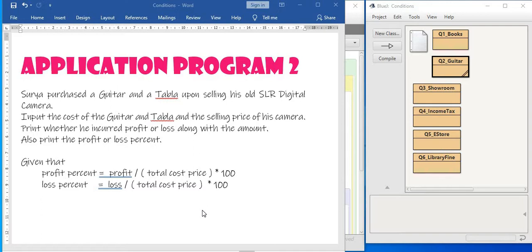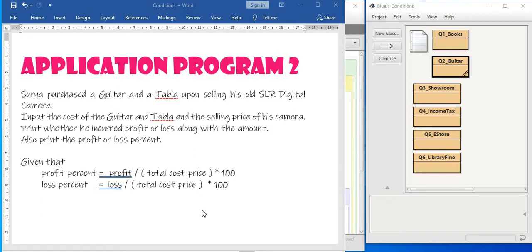Input the cost of the guitar and tabla and the selling price of his camera. Print whether he incurred profit or loss along with the amount. Also print the profit or loss percentage. You know how to calculate the profit percent? It says profit by total cost price into 100, and loss percent is calculated by loss by total cost price